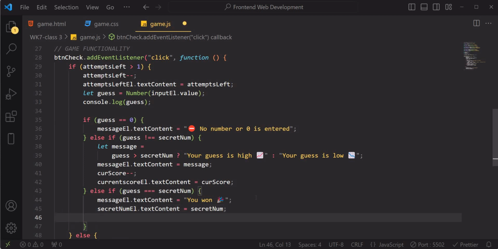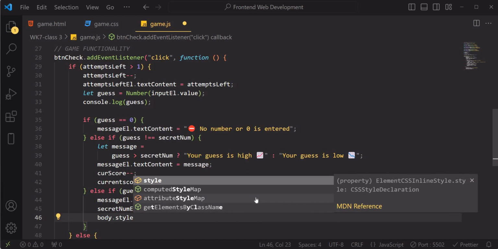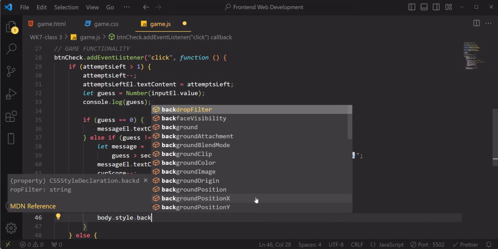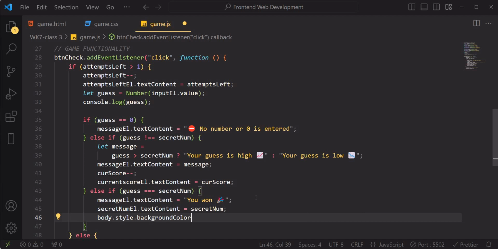And we also want the style of the body. So say body dot style. Now we want to set the background color. Body dot style dot background color. The way we write background color in JavaScript is different from CSS. In CSS it's background hyphen color, but this one is background with a capital letter C. Can you see the difference? So it's going to be equal to